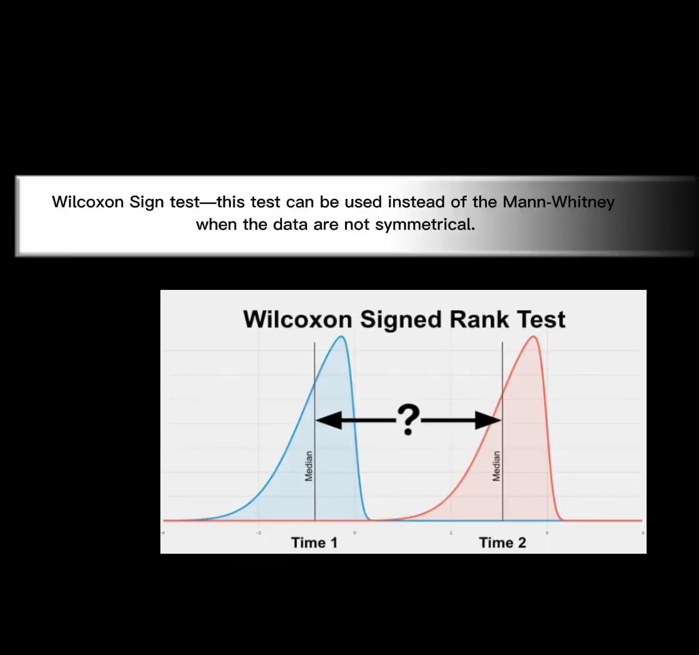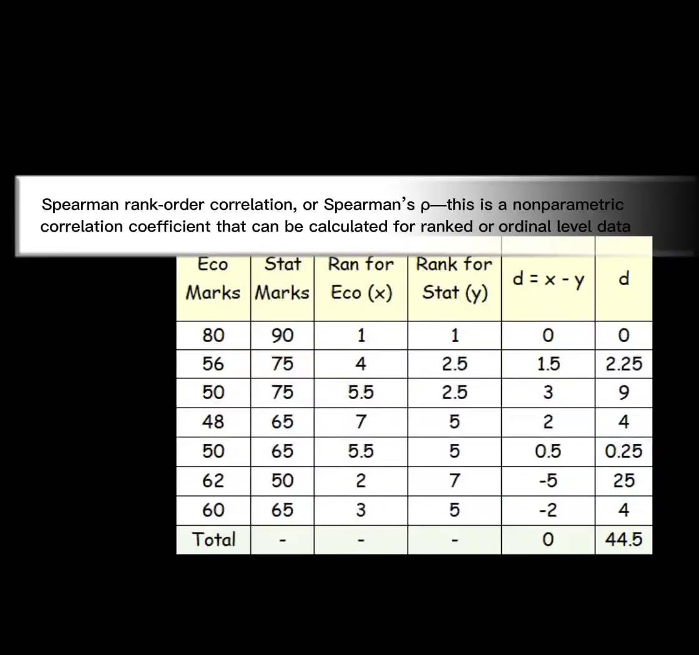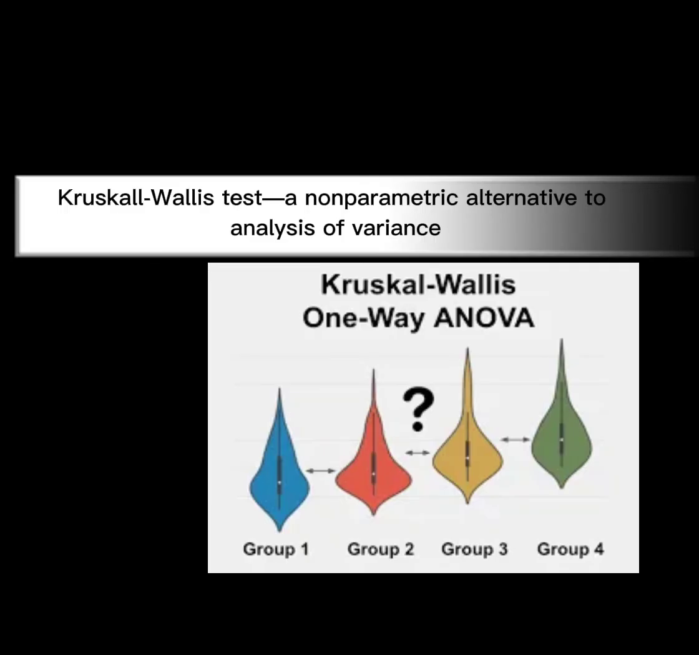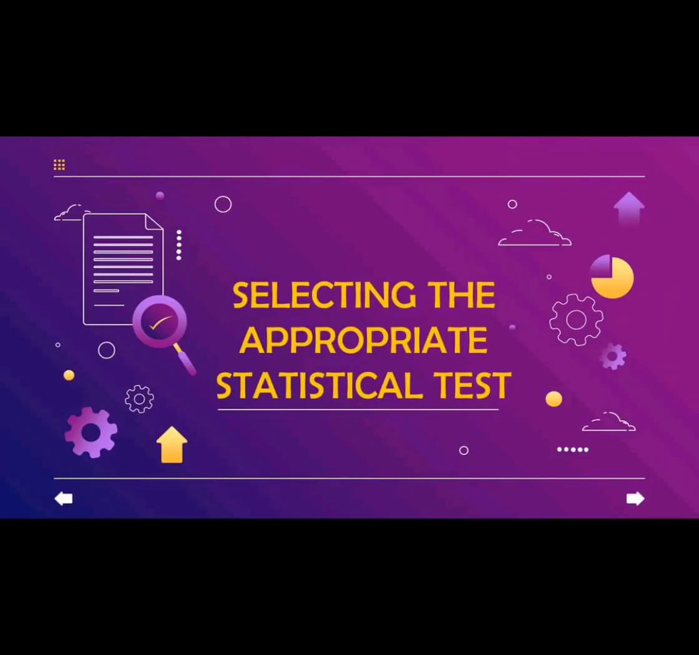Wilcoxon sign test. This test can be used instead of the Mann-Whitney when the data are not symmetrical. Spearman rank order correlation, or Spearman's rho. This is a non-parametric correlation coefficient that can be calculated for ranked or ordinal level data. Kruskal-Wallis test, a non-parametric alternative to analysis of variance. The requirements for using specific statistics of either kind tend to vary somewhat, and the researcher should carefully avoid using statistical tests